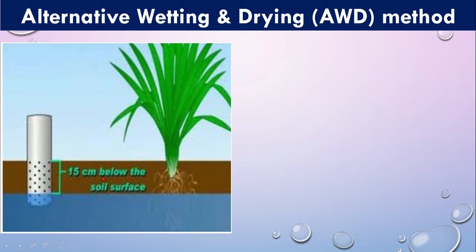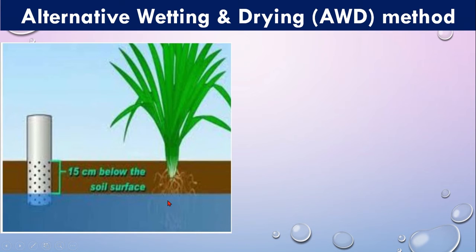If you have a look at the first picture here, this is the rice plant, this is the water pipe. The top portion is 10 centimeter and the bottom is 20 centimeter, and here you have to apply the water 5 centimeter above the soil surface. Inside the pipe, you have to remove the water from the pipe because you can see the water level underneath the pipe. So when you see that the water goes down 15 centimeter below the soil surface,